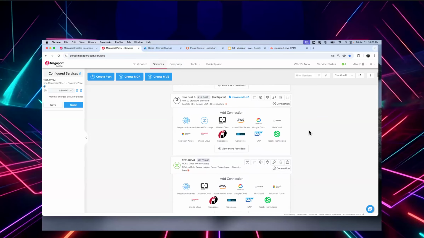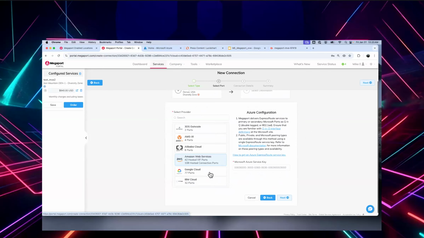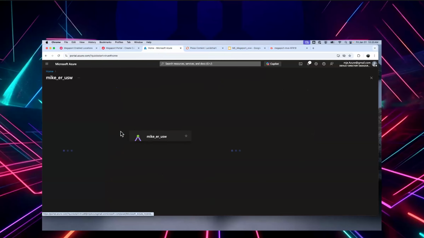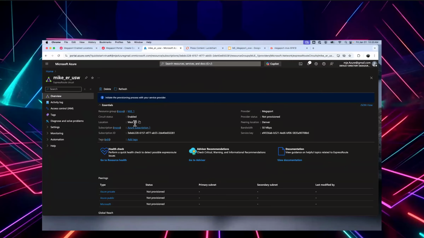If I wanted to, I can also build a connection to the cloud, like Azure. And I created a service key off of my express route just a few moments ago. So this is going to the West US compute region in Azure. It's going to on-ramp in Denver, Colorado. It's going to leave the Megaport backbone and get on Azure there, and at the speed of 50 meg.